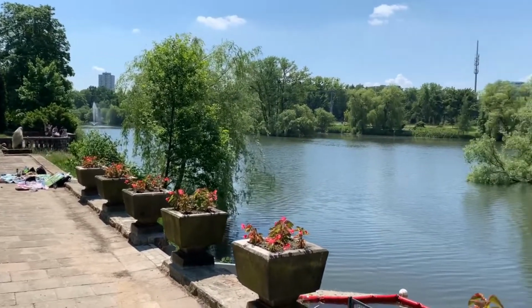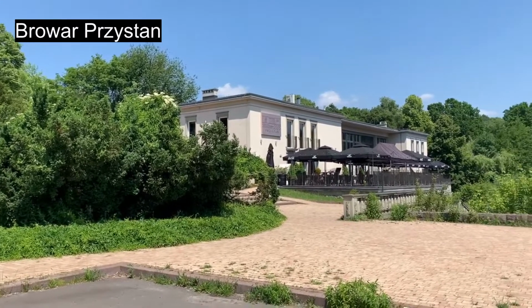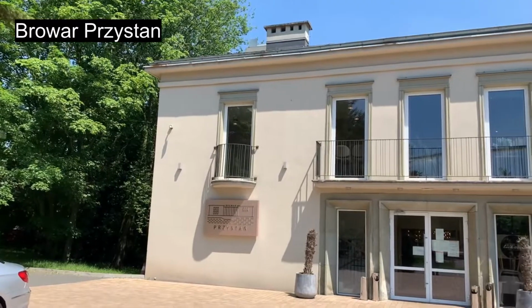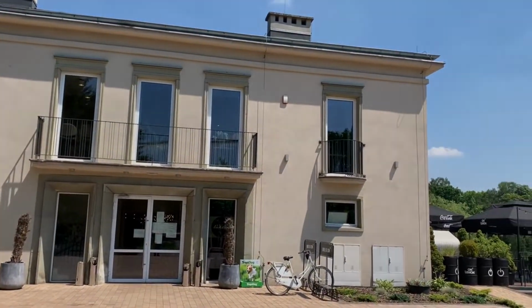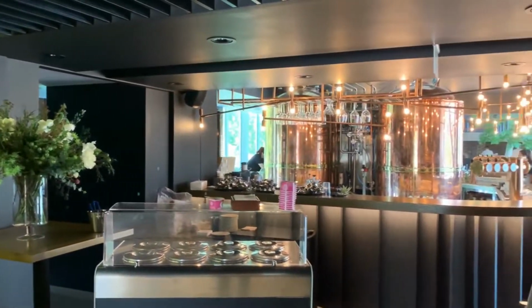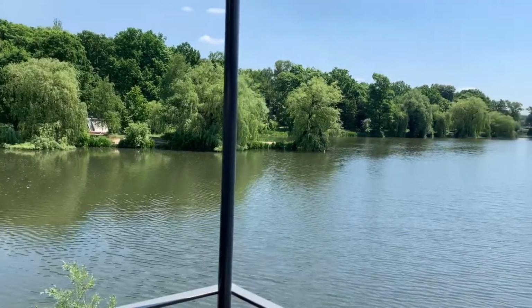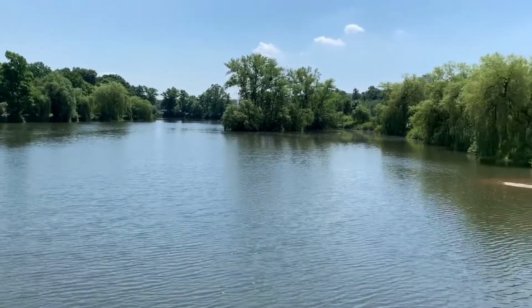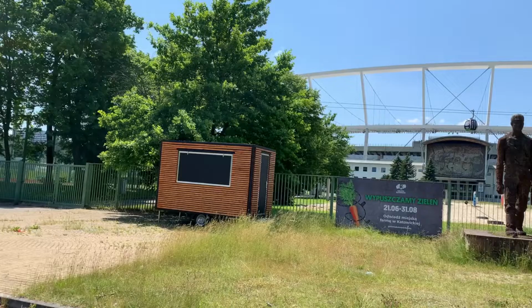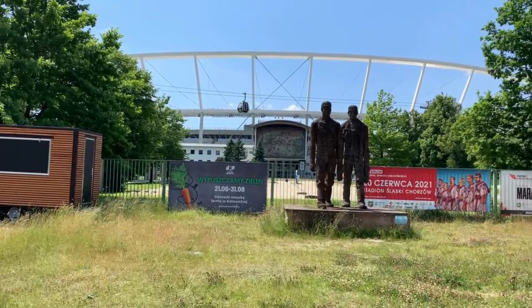Dotted around the park, you will find a lot of beautiful lakes, and as well, if you like a drink, there's the odd pub or bar here and there. This particular place was the Browar Przystań, and not only did I have some wonderful food, but they had some really nice craft beers there. And actually they let me sample one that wasn't on the menu at the time, which they called a British porter. And I'm guessing maybe they don't get too many Brits there, because they were asking for my advice about what I thought about it. But lovely food, lovely drink, and an